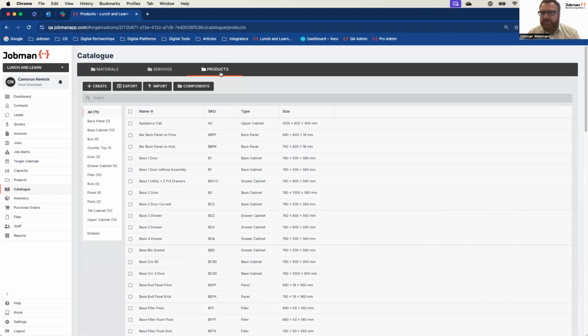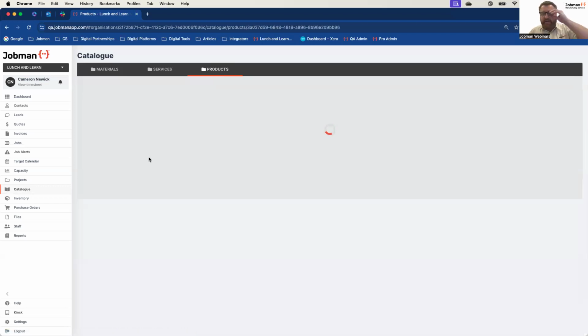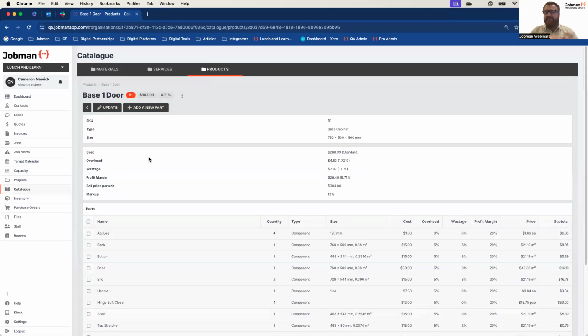Now, the reason why Jobman is so powerful for that is because in most companies, when you manufacture, it's virtually always bespoke, which means every time you do a quote, it's going to be totally different. So Jobman is designed to both understand and handle that. Rather than you having to produce 3.5 million variations of products, Jobman has built a system in which you can produce one product. That product uses parts, which are what we call parametric or scalable.